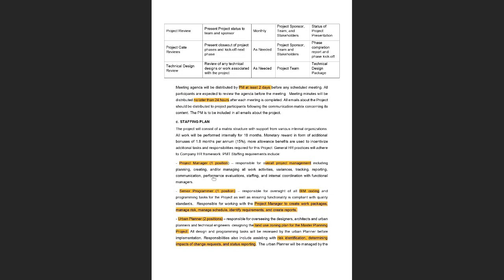And apart from the project manager, we might also need a senior programmer. When we are talking about a project of this scale, we might want to use some software to put in the information of the building. You might have heard about BIM coding. BIM is basically building information modeling. In BIM coding, we put in all the details of the region and the buildings, for example, the sunlight, the wind speed, the earthquake zone and all of those. This might help us in planning the capital city, and for doing this, a senior programmer might be needed.